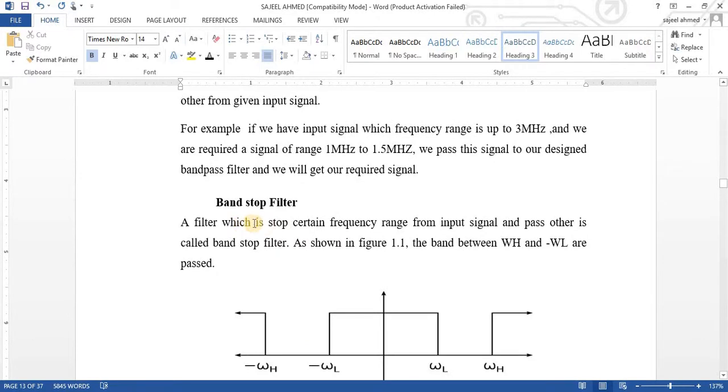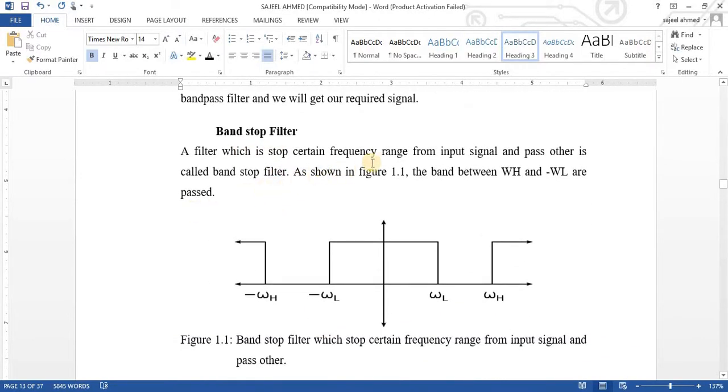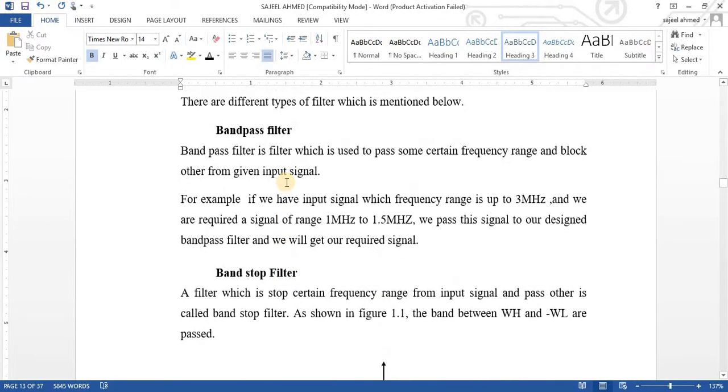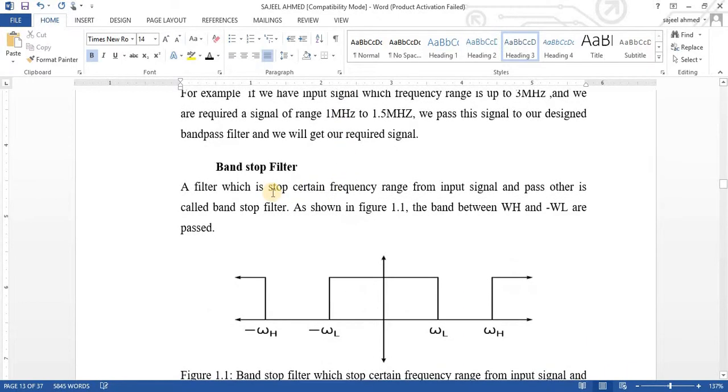Similarly, a band stop filter stops certain frequencies from the input and passes other frequencies. A bandpass filter is used for passing a specific frequency, and in a band stop filter we are going to stop a certain frequency